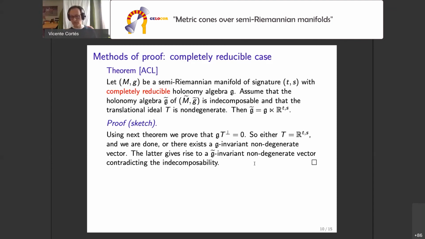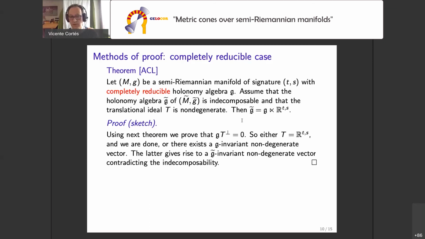So here in this setting, it's correct that we have this invariant two-dimensional isotropic plane, but it's not totally isotropic because one of the vectors here is a non-degenerate vector, invariant under G tilde, but this means that G tilde is decomposable. If it has such an invariant non-degenerate vector, then it's decomposable. But we assumed that the algebra G tilde is indecomposable. So this means that the second case cannot occur, and we proved the semi-direct product.